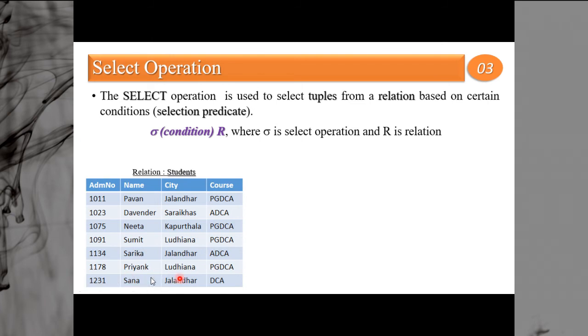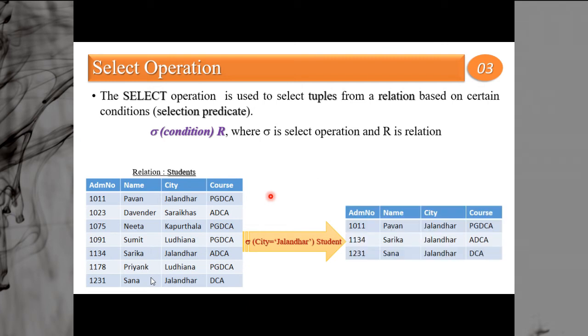These are the three persons who belong to Jalandhar. This is what we call selection. So the condition is city is equal to Jalandhar and the relation is student. This is how we perform sigma city equal to Jalandhar on relation student, and this output will come to you.